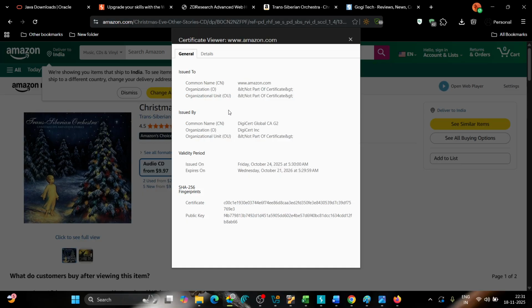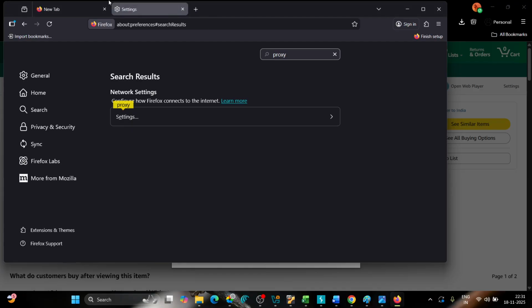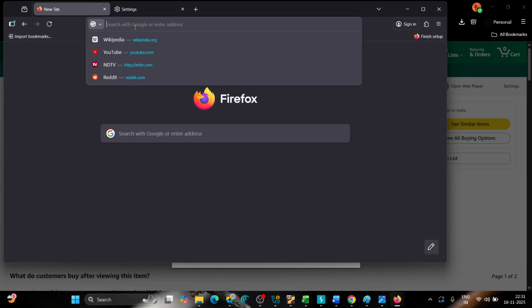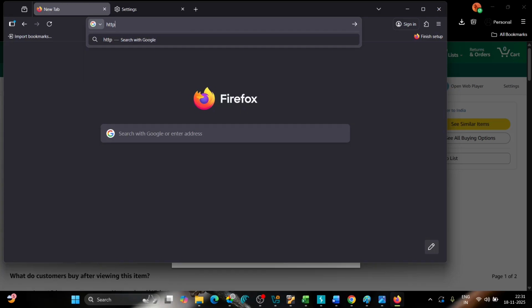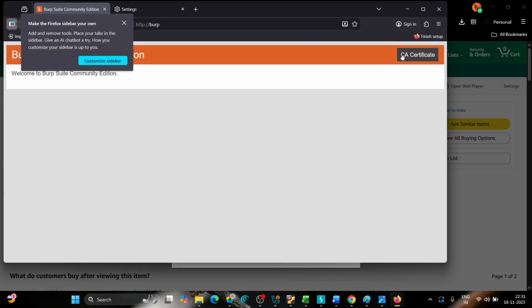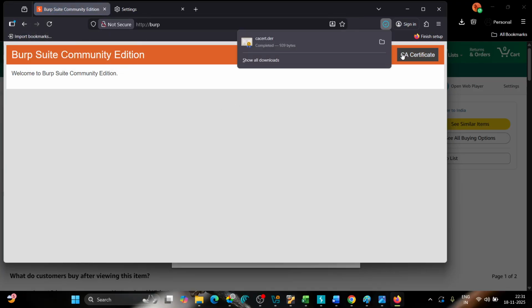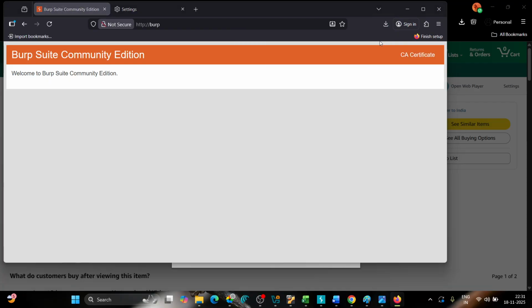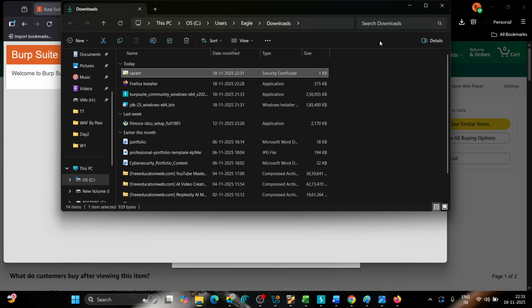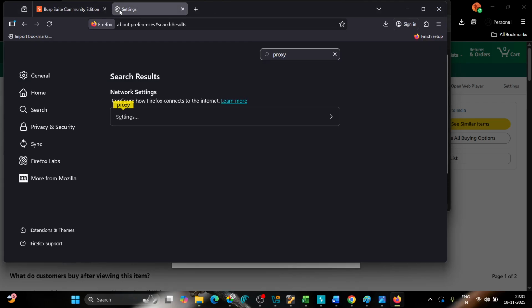So if you want to capture the request, you need to create your own certificate, install it in the browser, then we can capture the request. How will we do that? So again, we go to the Firefox, we type http://burp. That will give the option for the certificate to be installed. Okay, downloads, that's fine. Go to the settings,